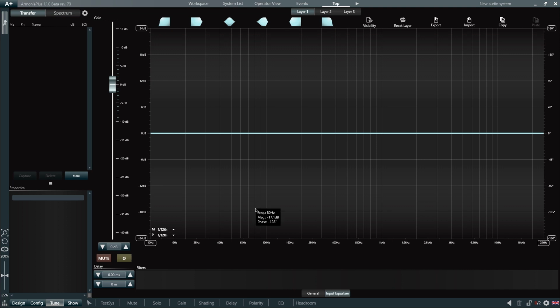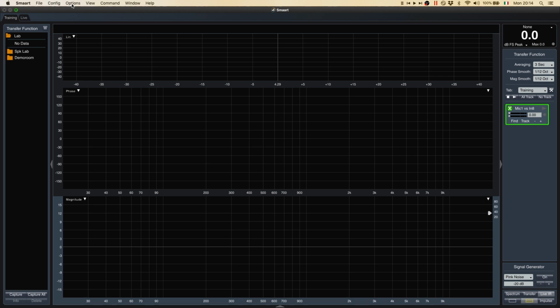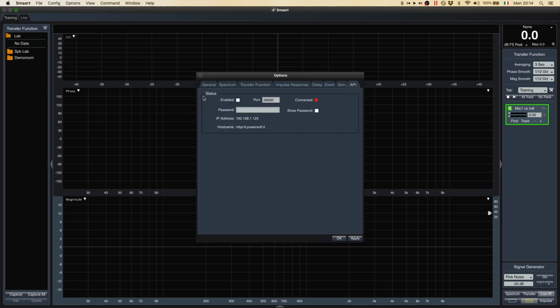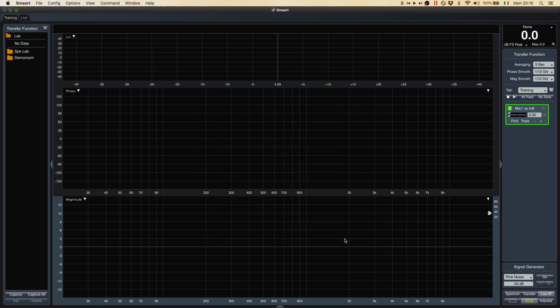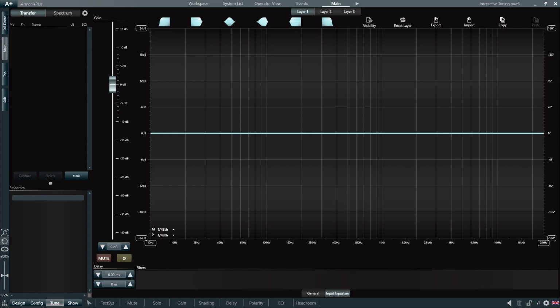Now we need to enable the connection between ArmoníaPlus and Smaart, and to do that, we move from ArmoníaPlus to Smaart, and then when in Smaart, in the main window, we go under Options, and then select API. This will take us directly to the API tab in the Options window, from where we can enable the connection with Smaart via our network. We can keep port 26,000, and we can see that Smaart automatically generates an IP address that can be used for communication with ArmoníaPlus. We then click Apply to store our settings,